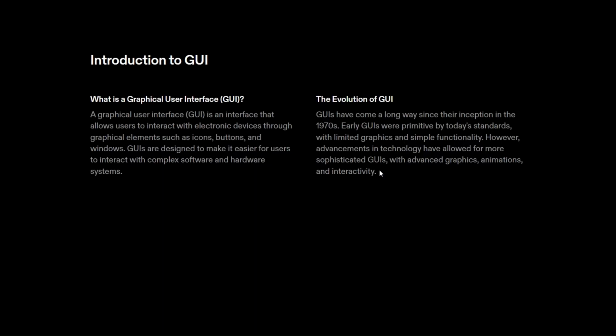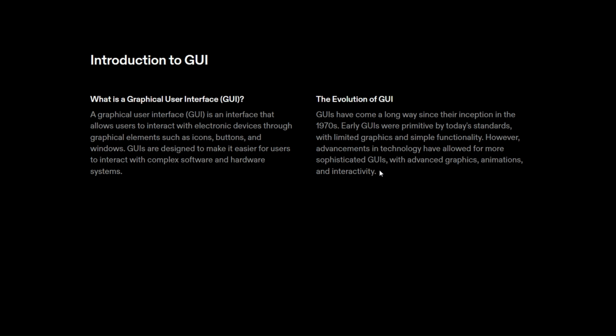A graphical user interface is an interface that allows users to interact with electronic devices through graphical elements such as icons, buttons, and windows. GUIs are designed to make it easier for users to interact with complex software and hardware systems. So it is a type of user interface that allows users to interact with electronic devices and software applications through